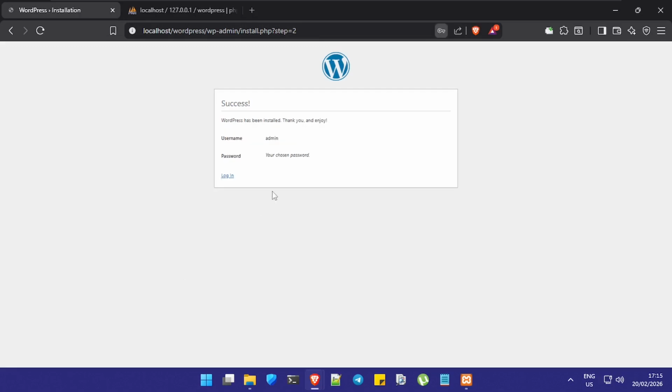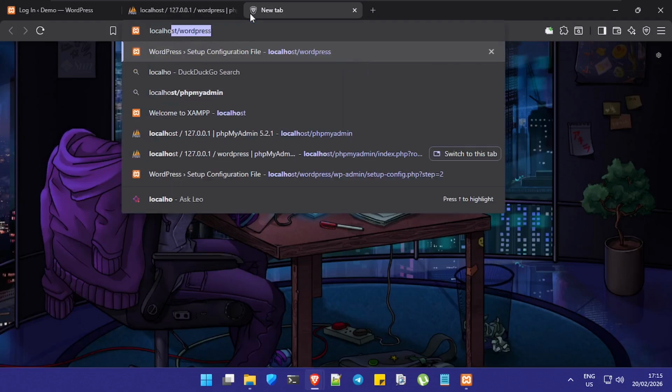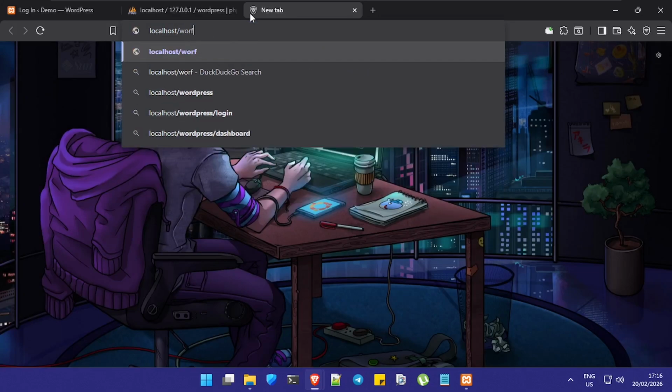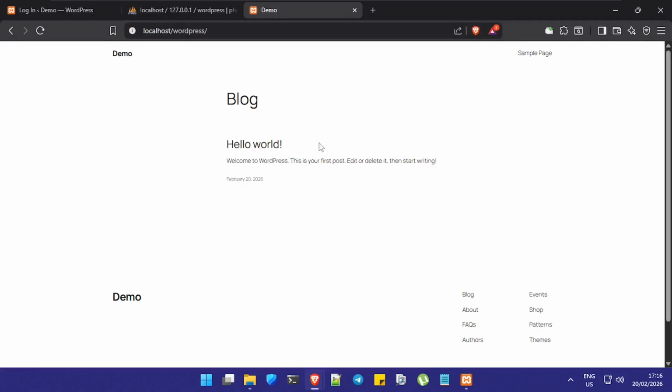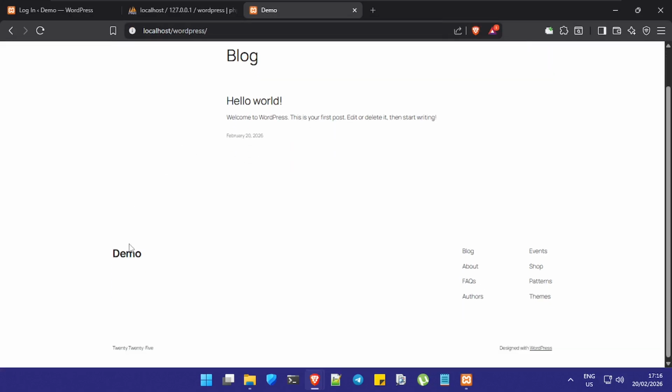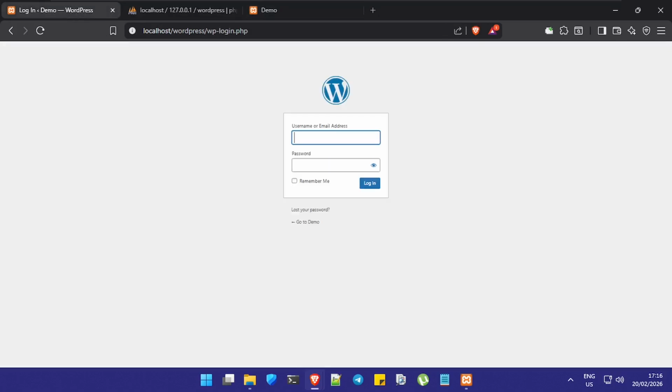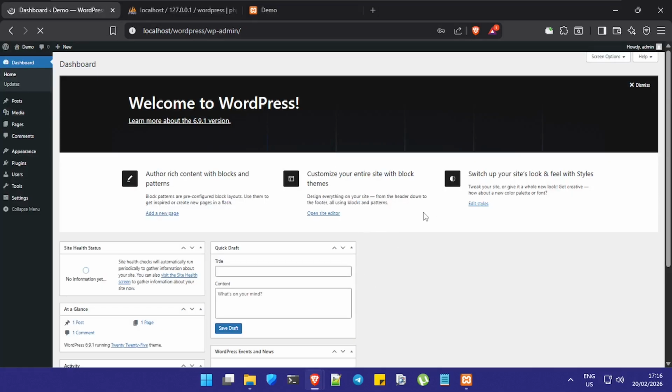And that's it. You successfully installed your WordPress. You can now click here and go to login, or you can just go to localhost/WordPress, and it will show you a demo website, and it is your website. Also, you can log into the WordPress panel with the admin password. We already set up this password, so we can go with login and admin, and password is also admin, and we will be redirected to